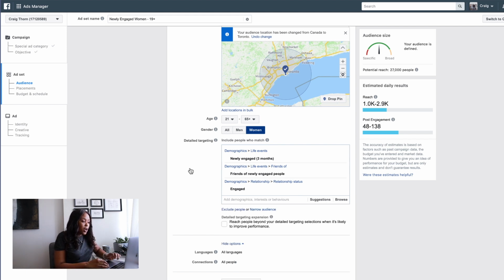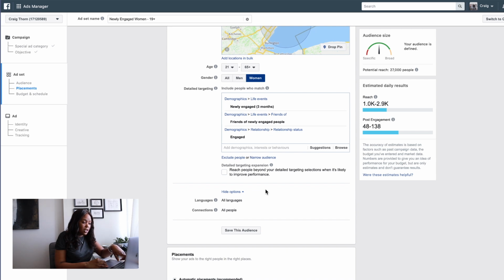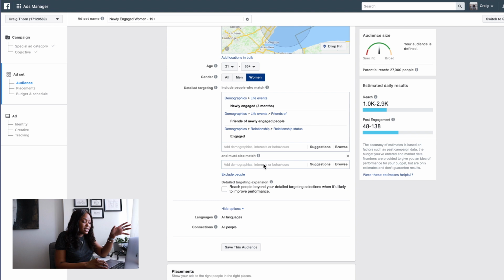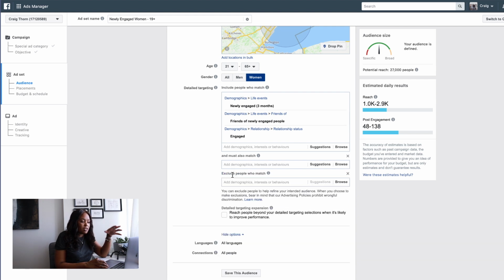And when you're putting these detailed targeting in, this means that the people only need to meet one of these criteria. If you want to narrow down your audience, you can do that. We won't go too deep in because we're just trying to attract people right now and not narrow down too far, but we can go in a future video. You could actually narrow that down and say that they also must like a certain thing or must fit a certain criteria as well. And you're also able to exclude people. So that means you can narrow them down. When you narrow it down, it also reduces the daily results that you'll get and the amount of people that you reach,